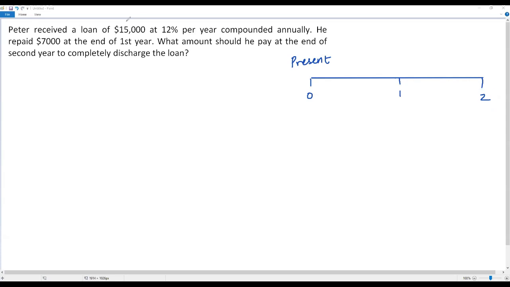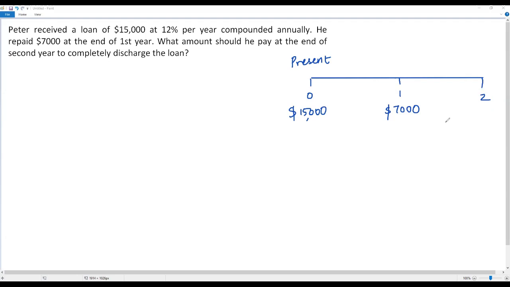Okay, so Peter receives a loan of $15,000. We have to assume that in the present he receives a loan of $15,000. Let me write it over here. So this 1 represents the end of the first year. According to the information, at the end of the first year he is paying $7,000, and the remaining money he is going to pay at the end of the second year to close the loan. That's what we have to find: how much he has to pay at the end of the second year to